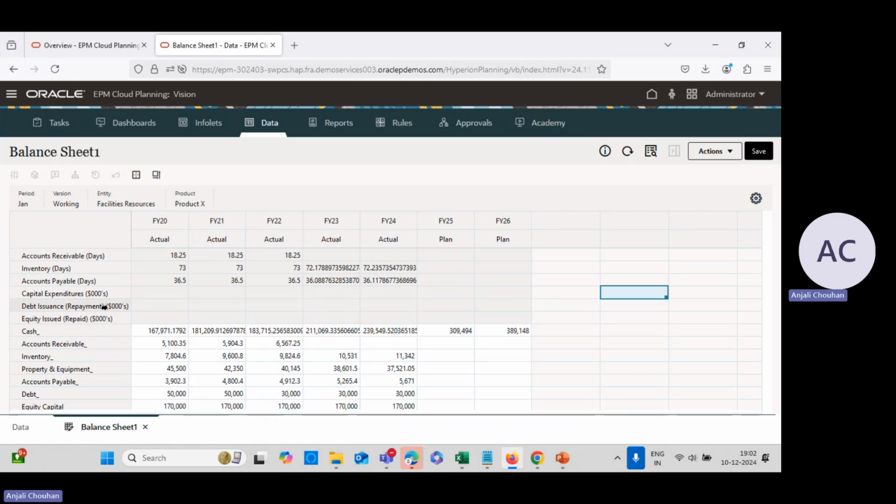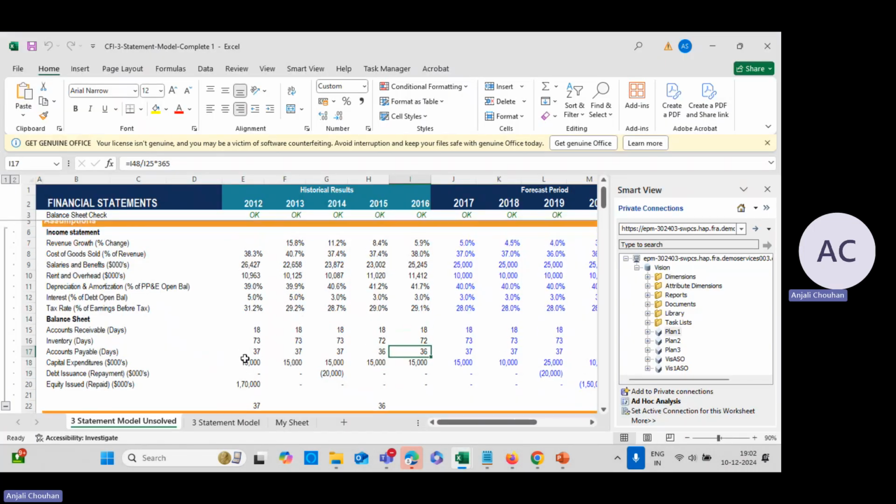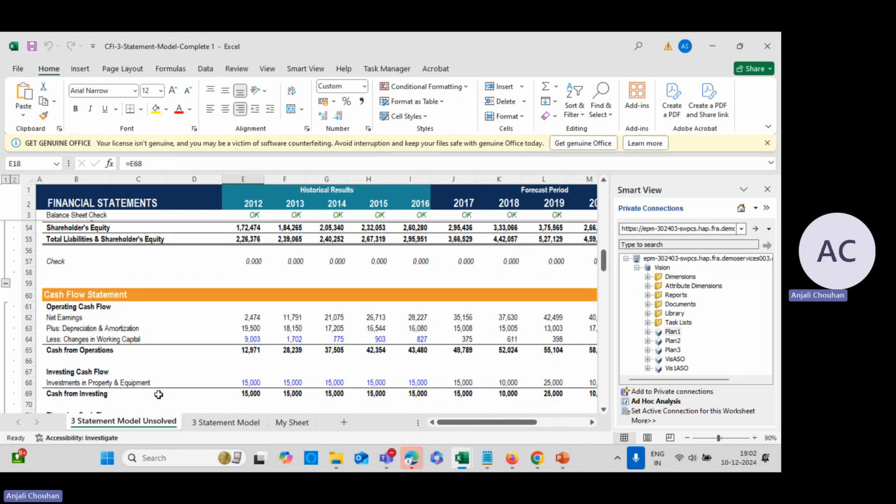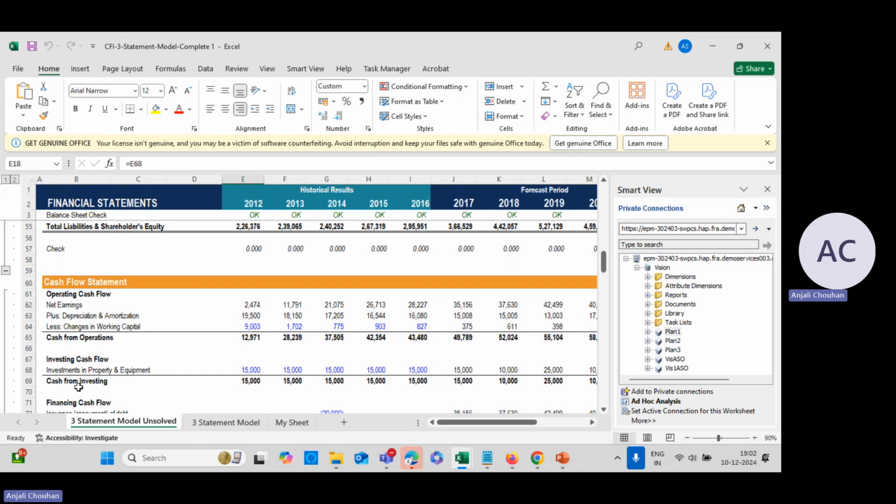Now let's see how they have calculated the capital expenditure, debt issuance, and equity issued. So if we see the requirement sheet, the capital expenditure, they have just taken a reference from E68. E68 would be taken from here, from the cash flow statement. So investments in property and equipment, that is 15,000, directly they have taken from here,